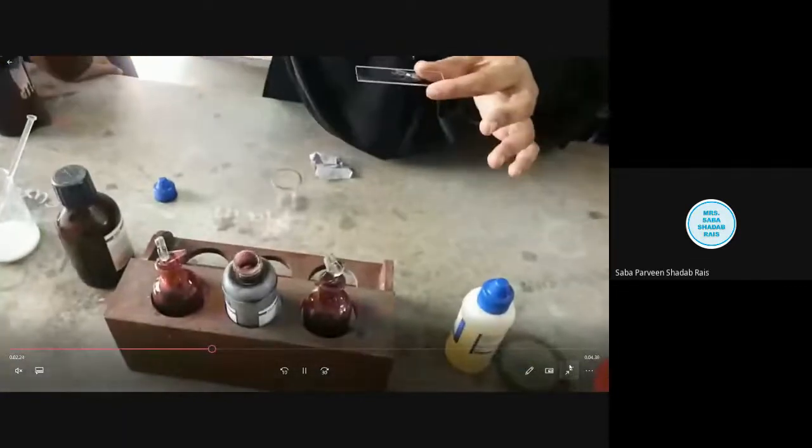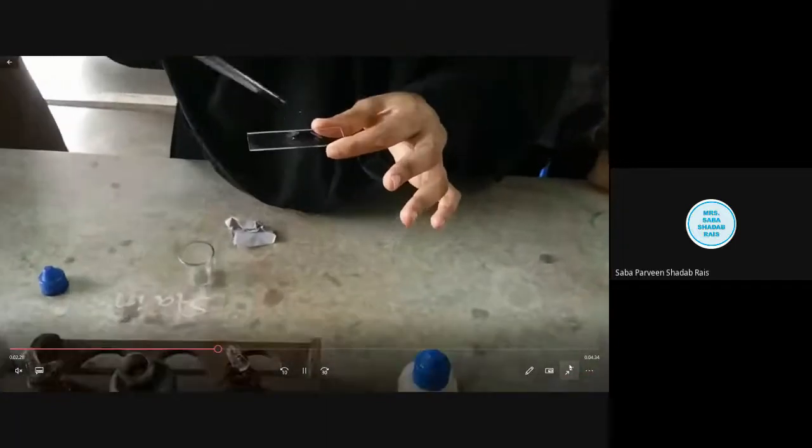Now thereafter, once you are sure that your smear is fixed on the grease free glass slide, you have to add only one drop of crystal violet on the smear, and allow it to stain for 1 minute.